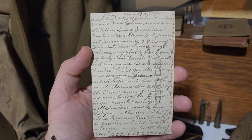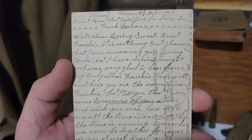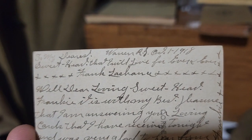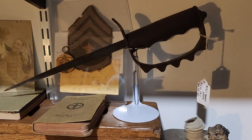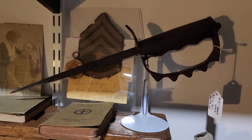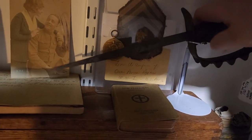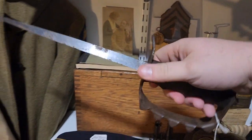And you can pause and read that if you like. This is to her dearest sweetheart, Frankie. It looks like Frank Lahan, maybe? And right here is my World War I M17 trench knife made by AC Co. It's dated 1917, and that came out of a Troy, Pennsylvania veterans home. Did not get a name with it, but